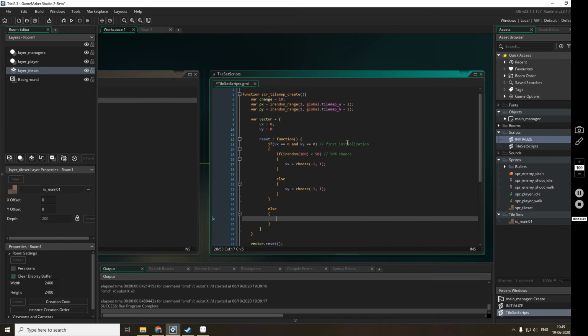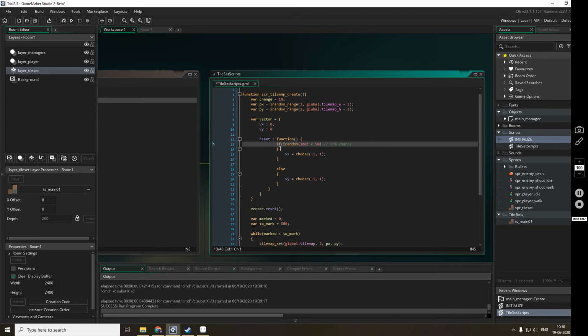Else, we will only be going in the perpendicular direction, because if we are already going in the forward direction, we don't need to go in the forward direction even after the change. That is one approach. Or another approach is you choose a random direction without any bias. Okay, we will just choose a random direction without any bias and see how the results are. So we don't need this.